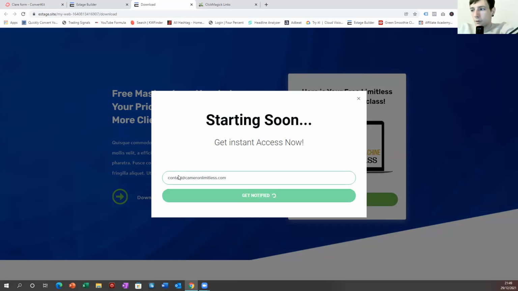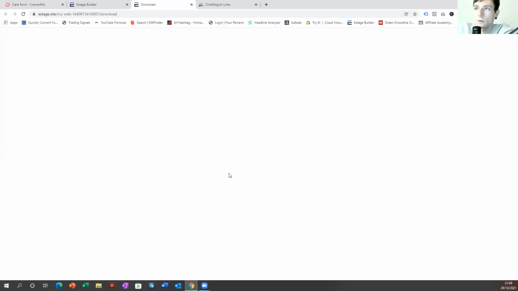And then enter it. So when I set that up, it'll send me an email to say that someone has just opted in, but this should redirect to the next page if I'd set it up correctly, which I should have. We'll just double check one more time that everything's connected.